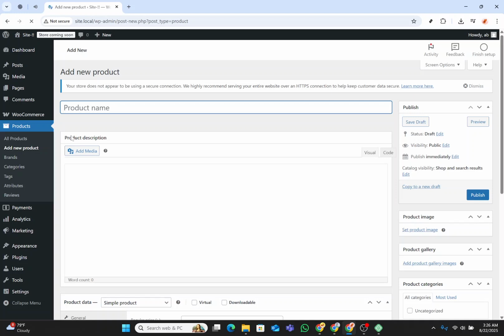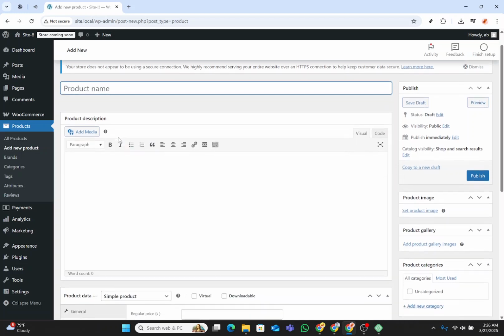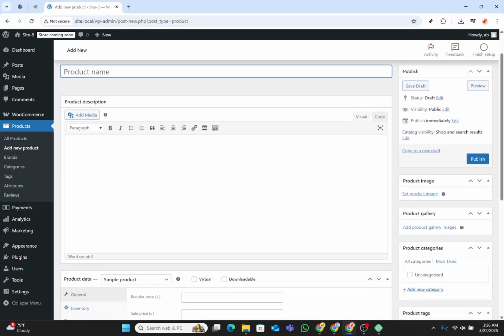Pay attention to the product description area. This section is often a deal maker or breaker for prospective buyers. Clicking on Product Description will open a text editor where you can elaborate on the specifics of what you're selling. Think about the details your customers will value, such as size, material, benefits, or potential uses. Clear and engaging descriptions not only inform, but can also persuade buyers by painting a picture of how the product